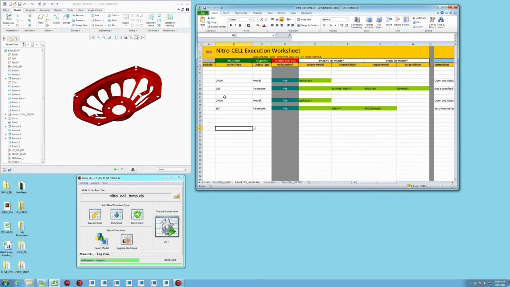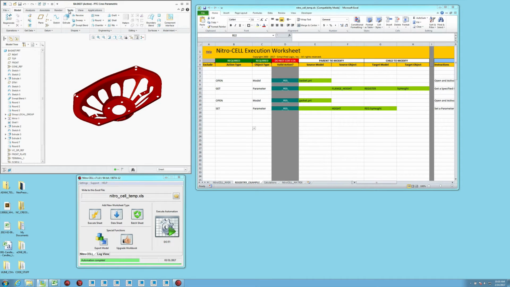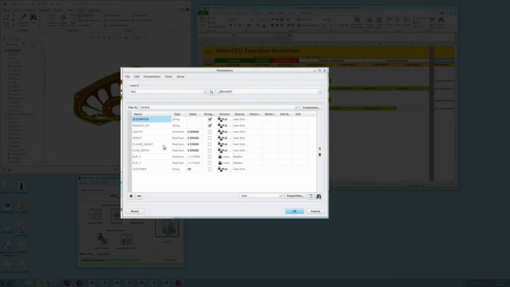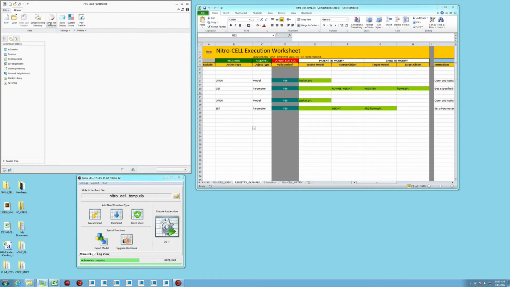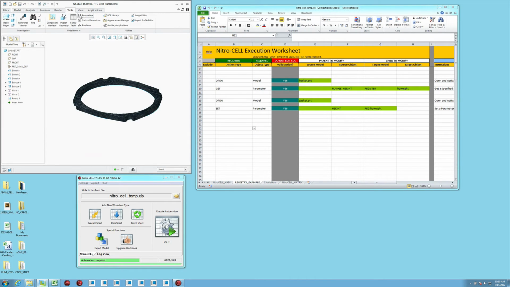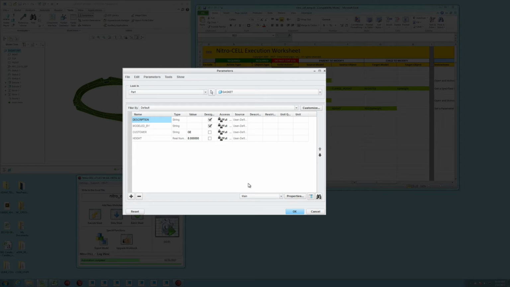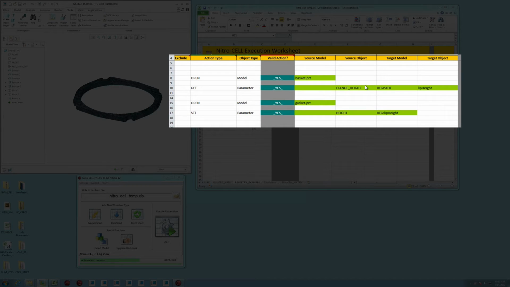In this particular example, we're going to open up a gasket model and extract a parameter called flange height. So this particular parameter here that we're looking at is this one right here, at 4.53 is the current value. And we're going to be, according to our automation, opening up another component called gasket. And if we take a look at its current parameter value, you'll notice it's set to 8. So the neat thing about this is that we're going to read the parameter value into a registry variable called lip height, and then we're going to turn around, open up a different model,